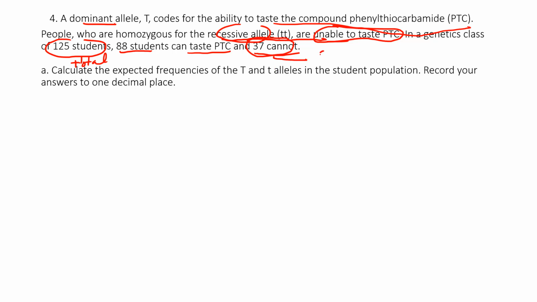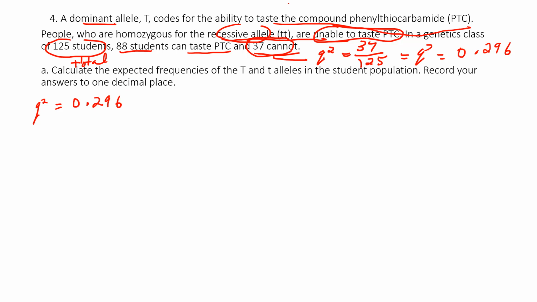That's going to be the Q squared value. Now, 37 is just the total number of individuals that can't. We still have to determine the frequency by taking the 37, dividing it over the total in the study, which is 125 students. Now, when we do that, Q squared, again, just calculate that out with your calculator. So if you do that figure quickly, you'll see you come up with 0.296. Now there's a couple other decimal places there, but we'll keep it to that. So let's just write that value down here. Q squared equals